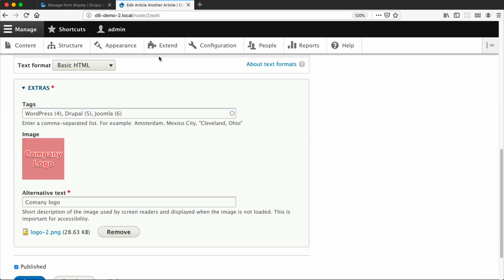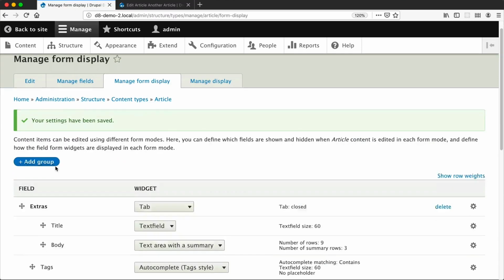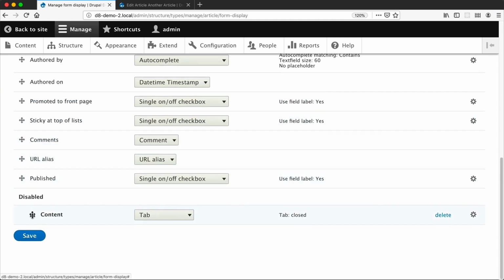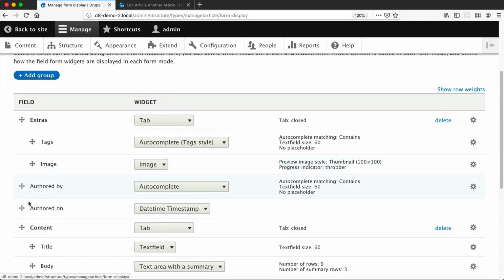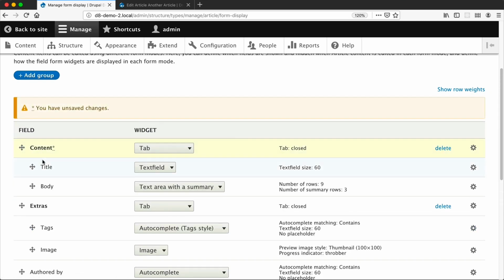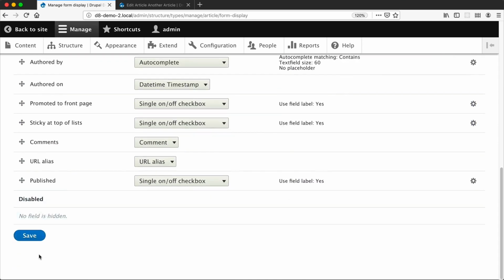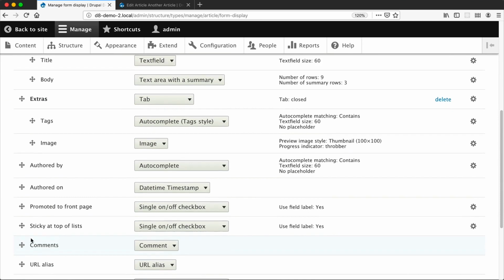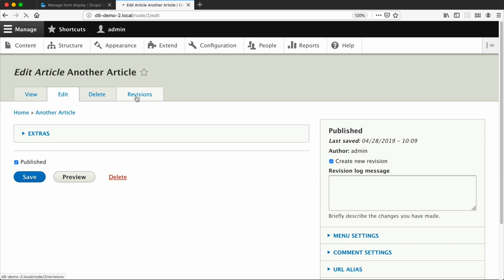Now, if we refresh the form, what's going to happen? Well, nothing really. If we go back, let's have a look and see what's happened here. Okay, so sometimes, and this has happened to me sometimes, the placement just doesn't work. For some reason, it is a bit buggy. It is an RC1. So let's just move it all the way back up. And let's just make sure that, yes, content is there, title, body, extras, tags, and image. And let's click on Save, and let's have a quick look again. Yes, content is there. It's not in the disabled area. And then if we refresh,